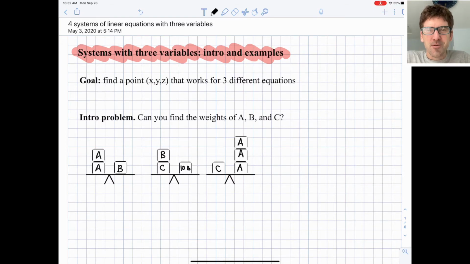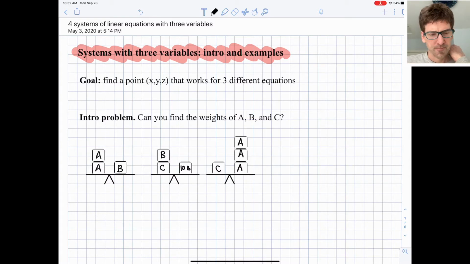All right, this is a video on solving systems of equations with three variables, x and y and z. We'll start with a brief introduction and then go through three separate examples. This will be a little bit of a longer video, so I encourage you to maybe look at each of the three different examples separately, but you definitely want to make sure you do follow through each of the three